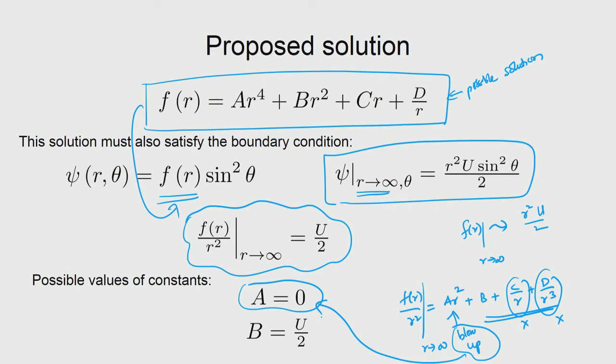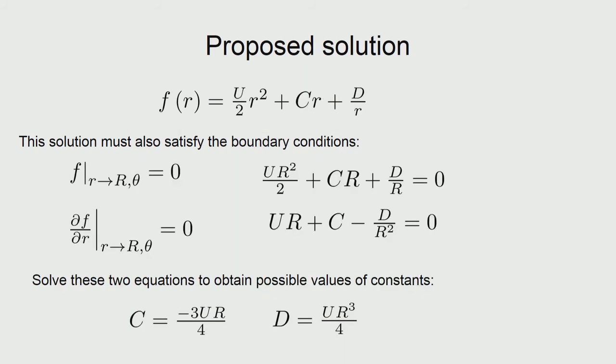So, that removes the problem for us, and b straight away we can see that f of r by r square should be taking a value of u by 2. So, b must be u by 2. So, we have got two of the constants determined in this manner. Okay. And now when you substitute a and b values, your possible solution form is now simplified, like this. Now, we now have boundary conditions also for velocity on the surface of the sphere, and that actually will also be useful.